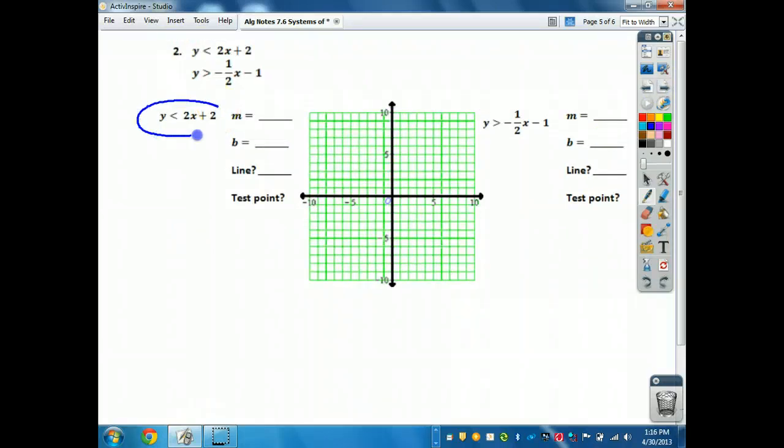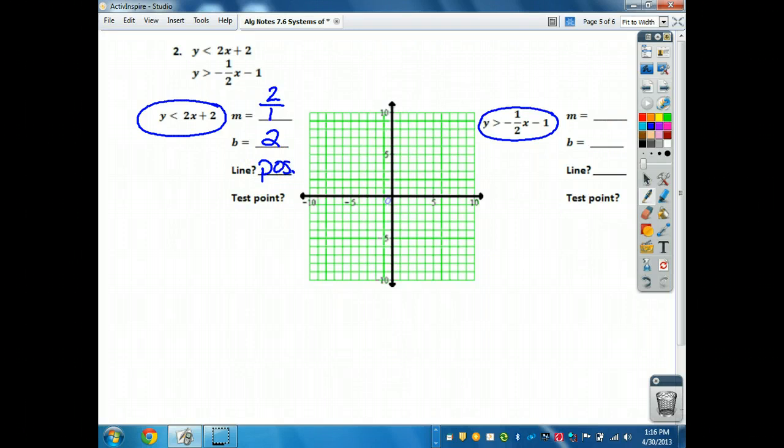We need to first fill in the blanks for these two inequalities. Let's do the blanks first. First equation, what's my slope? 2, or 2 over 1, right? And what is my y-intercept? A positive 2. The line that we will be graphing will be